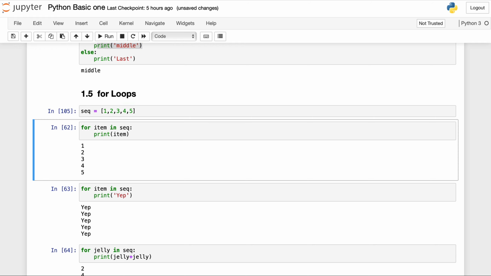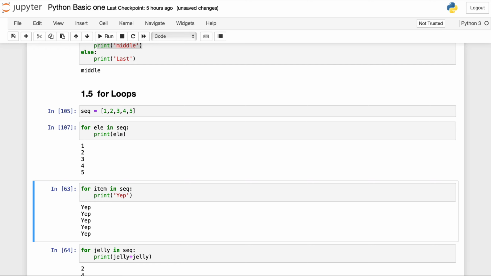So here I have declared one array called sequence. Now I'm iterating over it. So for item in sequence, print item. Item is a variable that will hold each and every index's value of the array. So firstly the item value will be 1, then 2, then 3, then 4, then 5, and similarly it will print. This is just a variable, so you can name it anything. You can use ELE, and print ELE here also. It will work the same.